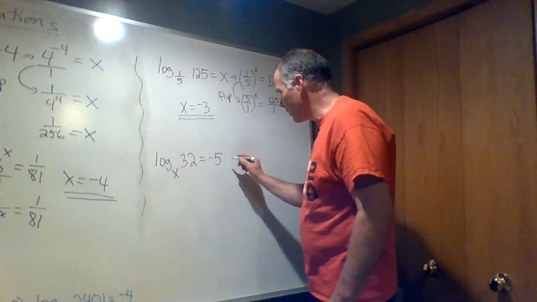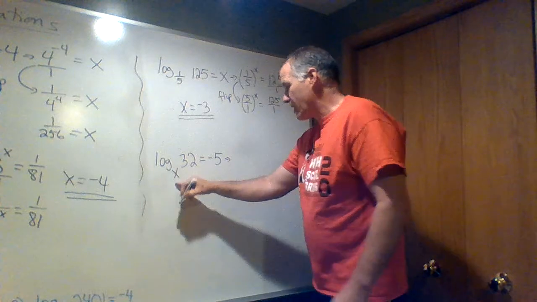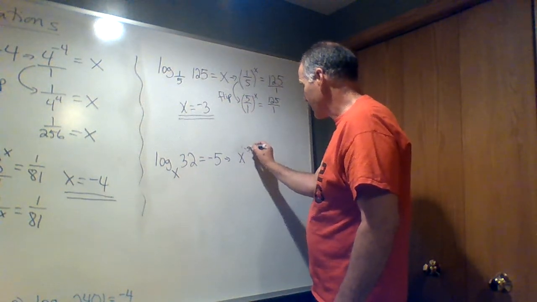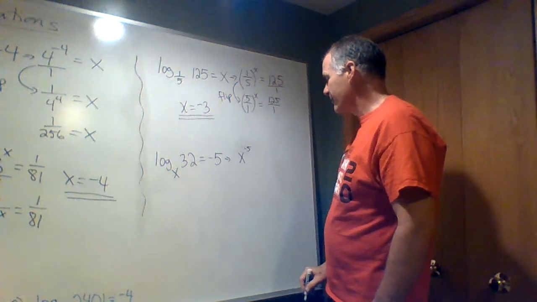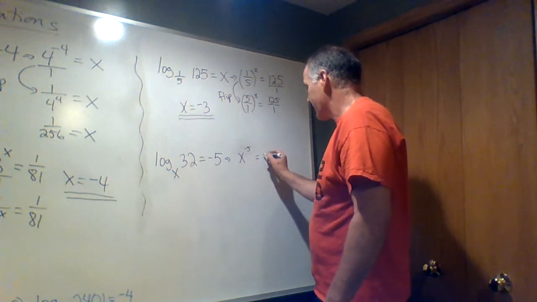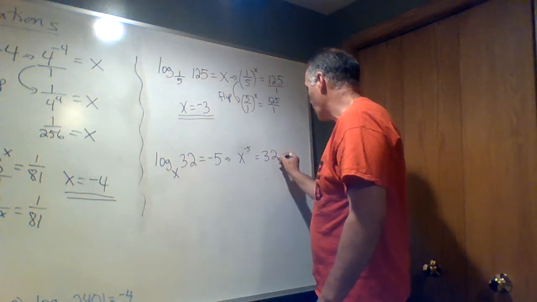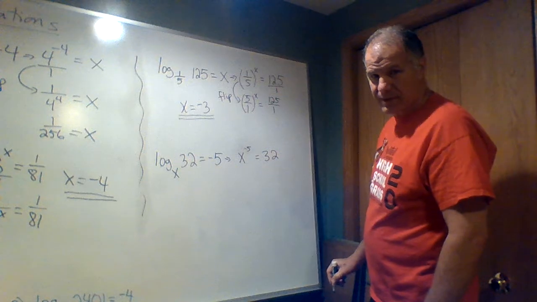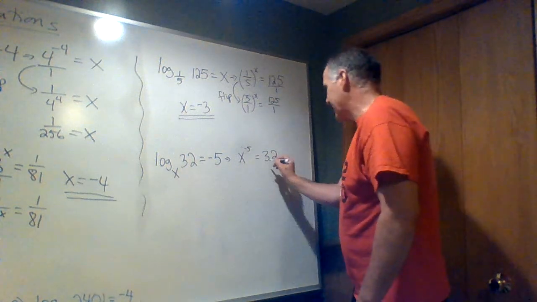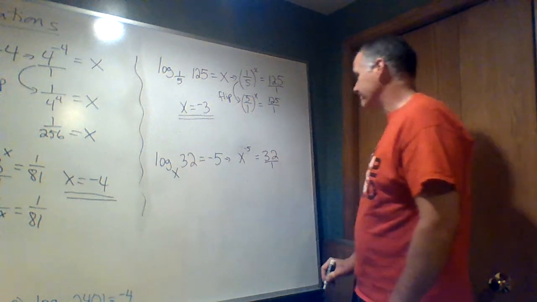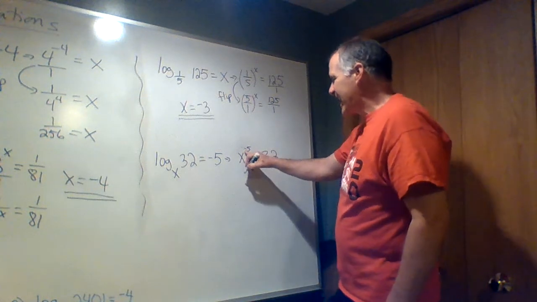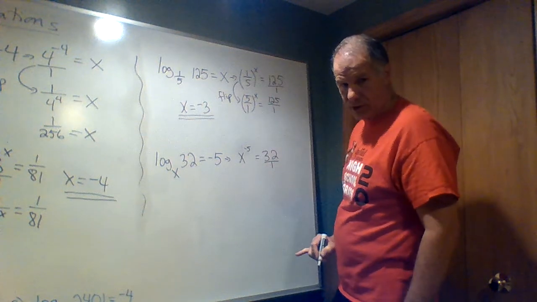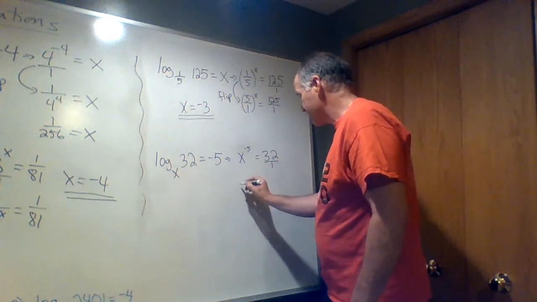Okay, now here's the hardest one in some ways. So I'm saying I have some base x to the negative 5, and I need a whole number of 32. See that? So again, if I think about 32 over 1, here's the thing, that negative 5 has to flip it over to become a whole number here, which means